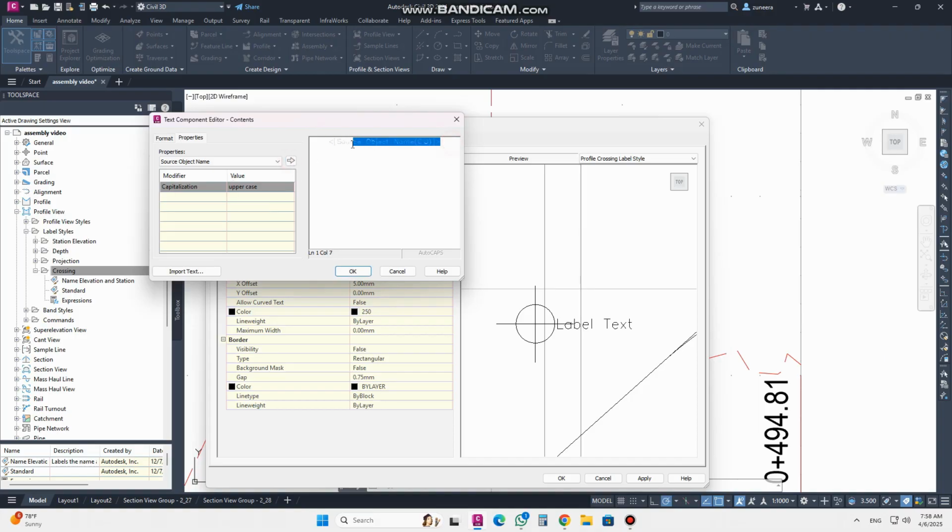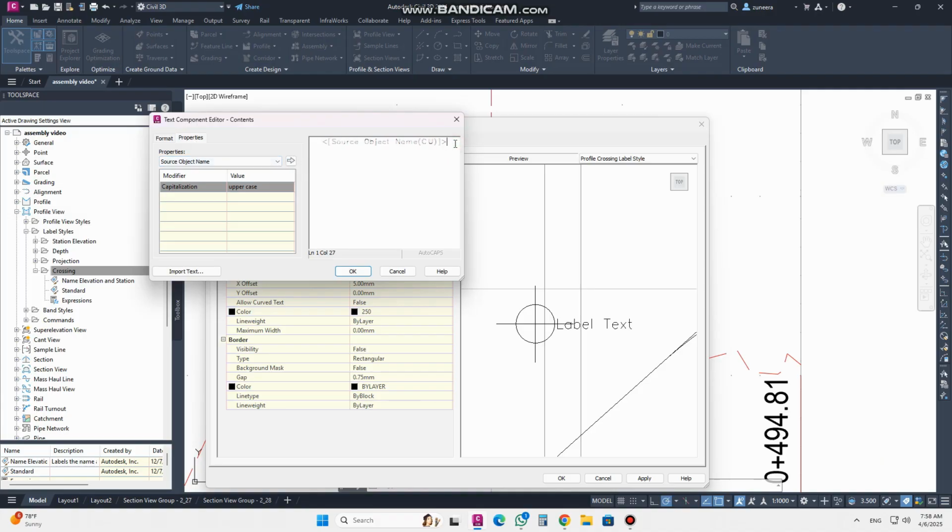So first I will select the source object name in uppercase in the format. From here this Roman, from here the center, let's say I will adjust on the left. So on center itself, and station we will adjust on the left, and let's select the black one here in